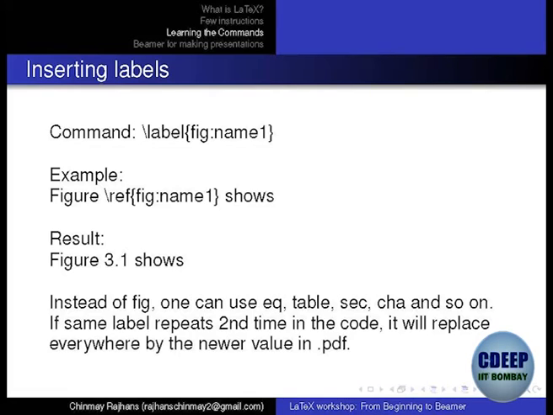So when you run it the second time, these numbers are inserted in the PDF in the place where your reference comes. So you will typically get an output like this saying figure 3.1 shows, right? That particular thing is automatically replaced by a number, and wherever you have the caption, it will automatically write figure 3.1. This is matched automatically as long as that identifier is the same. So that identifier defines which figure you are talking about.